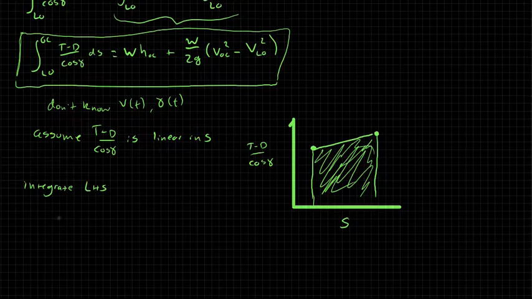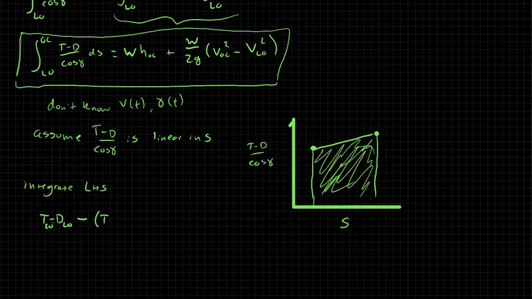And what we get then is T minus D, so T liftoff minus D liftoff, divided by cosine of gamma liftoff, but gamma liftoff is 0, so cosine of gamma liftoff is 1, so we're not going to worry about that, minus